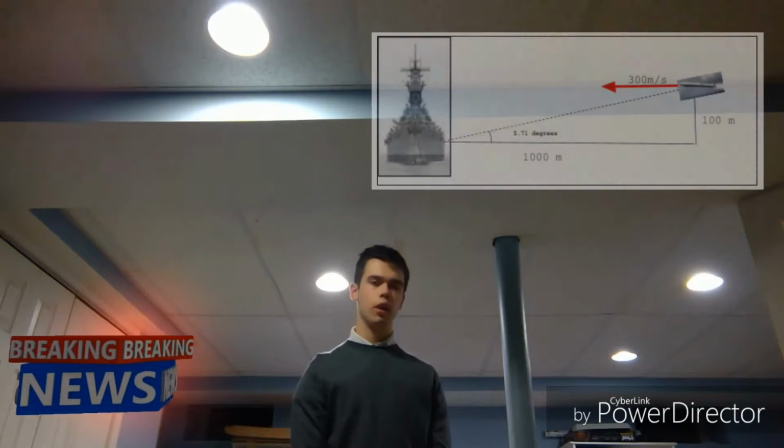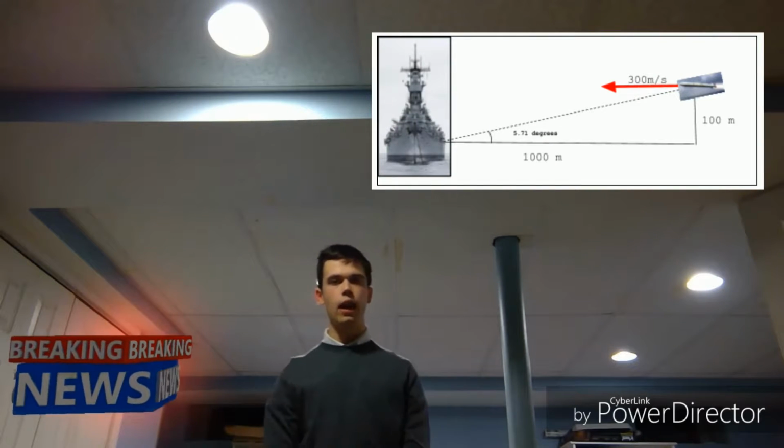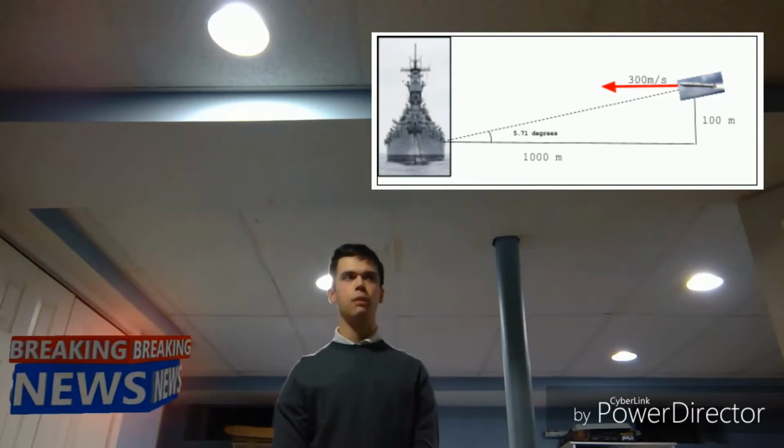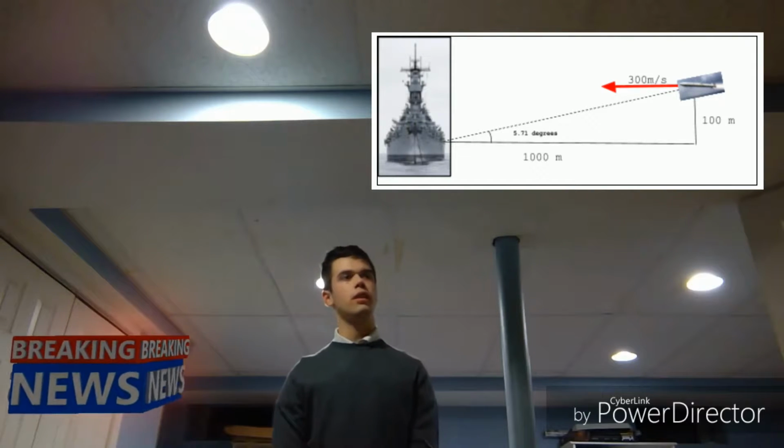Thanks, Thomas. According to the data presented, the missile is flying horizontally 100 meters from deck height at 300 meters per second towards the top of the deck of the USS Kidd. We know that at this moment, the angle between deck height and the trajectory of the missile is 5.71 degrees. We also know that the tangent of this angle is equal to the height of the missile divided by its distance from the ship. We're trying to find out how fast the gun should rotate in degrees, or d theta over dt. With these knowns, we can take the derivative of our tangent equation and use the quotient rule to